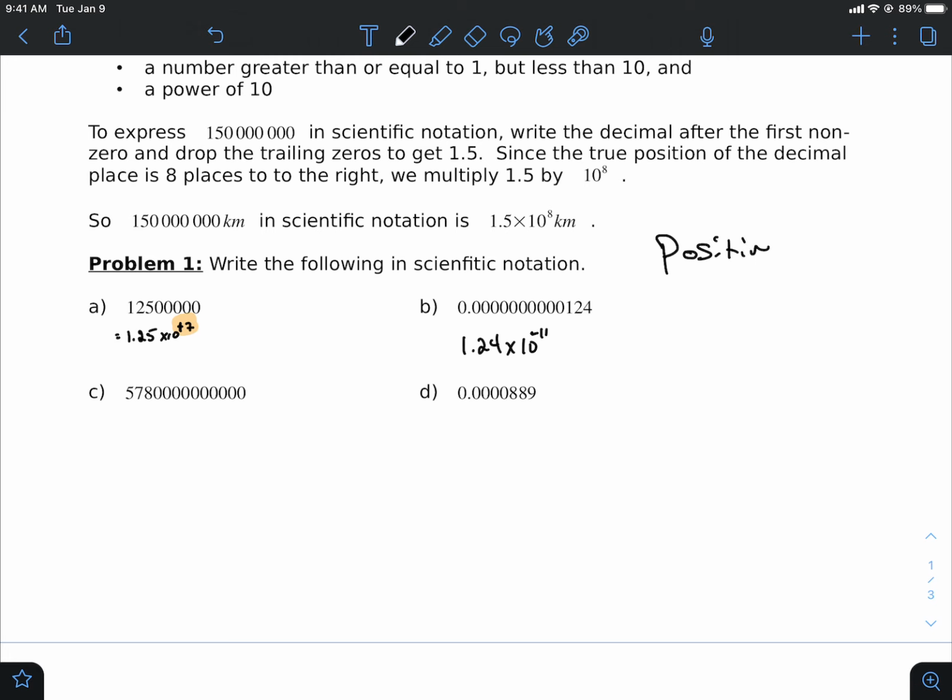So here's your rule. I'd say positive exponents represent large numbers. Negative exponents